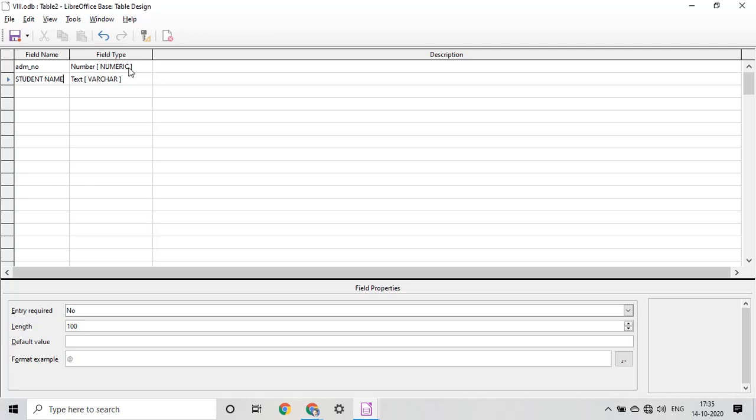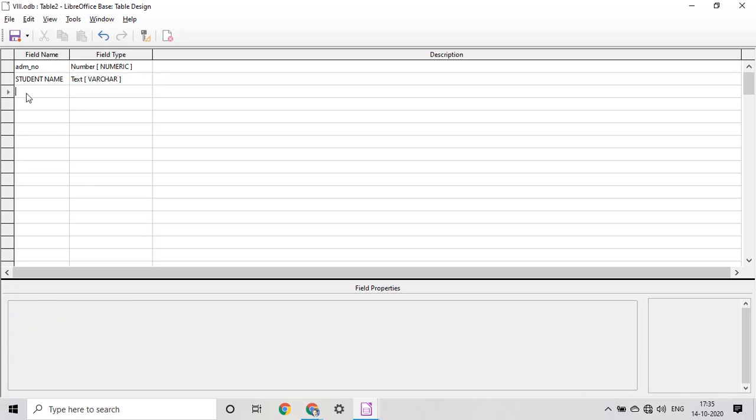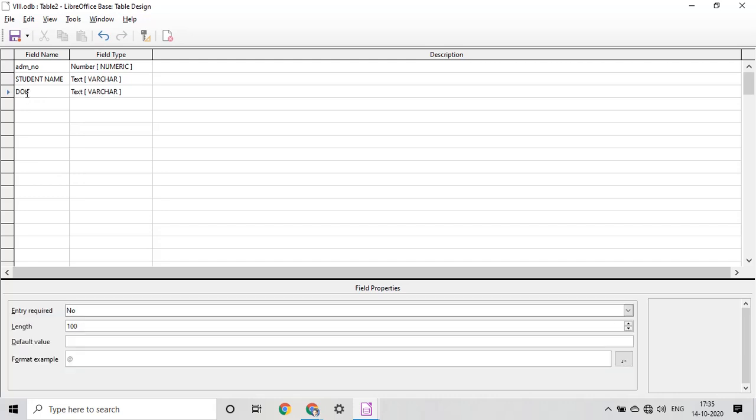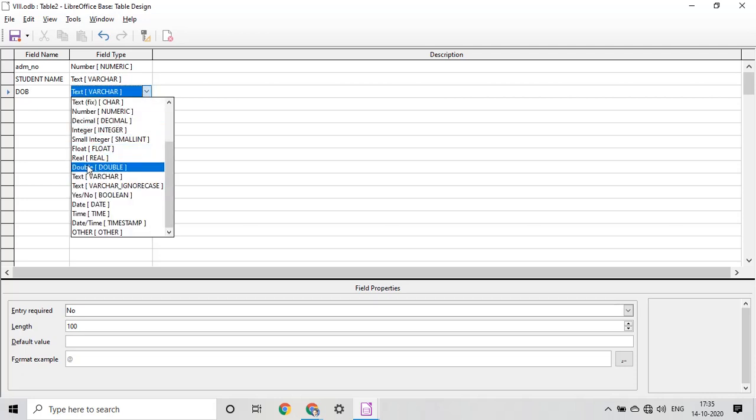What will you write for student name, if you can decide? Student name will be varchar, so that you can add the name of the student. Then you can write date of birth, suppose I'll write DOB. The DOB will appear in date type format, so we will use date.